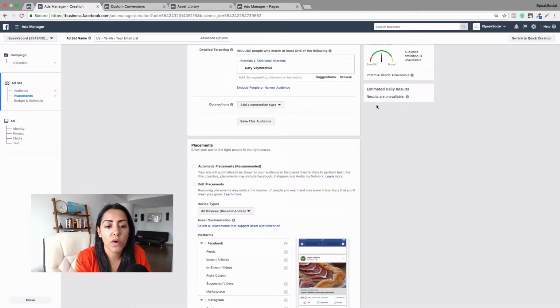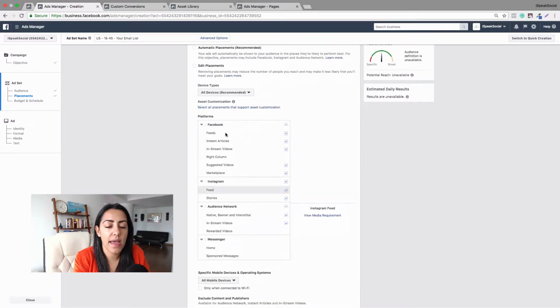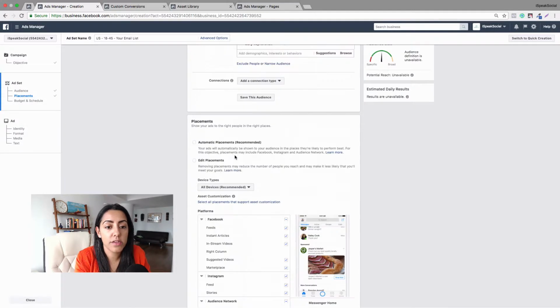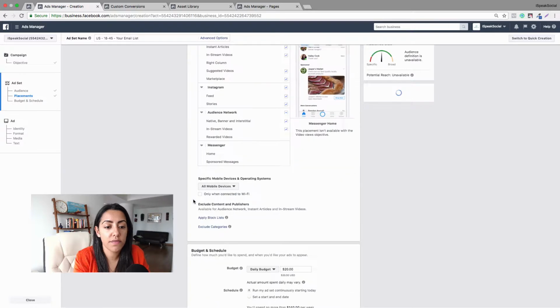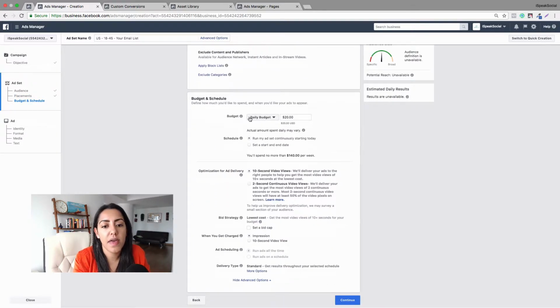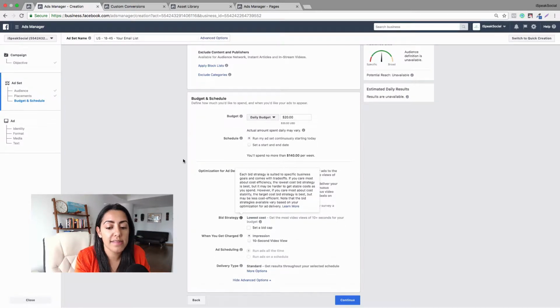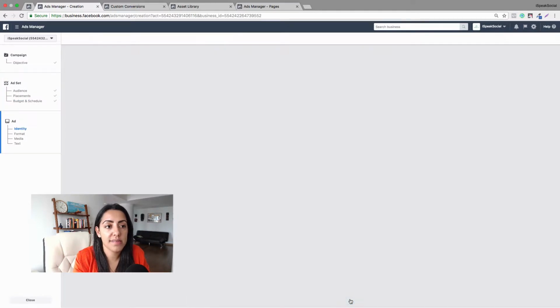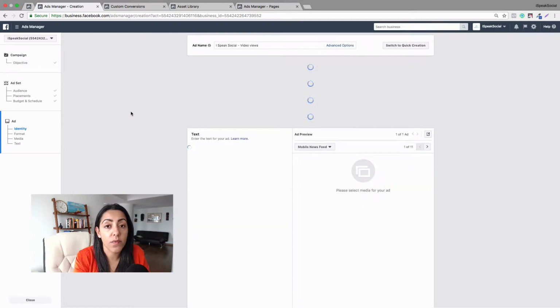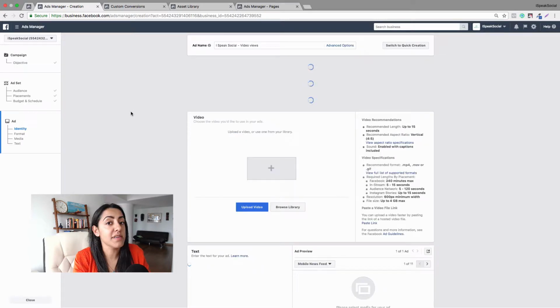All right, so once you've done that, you go ahead and pick just the feeds, untick everything else, and just do mobile because it will be the cheapest traffic to test this creative. I mean, cheaper than desktop. Then for the budget, you pick that budget, leave everything else exactly the way it is, and then press continue. Now you're going to go into the ad creative, which you've already made from day 3,